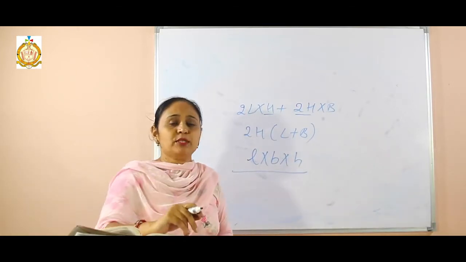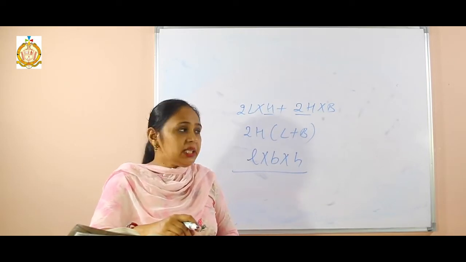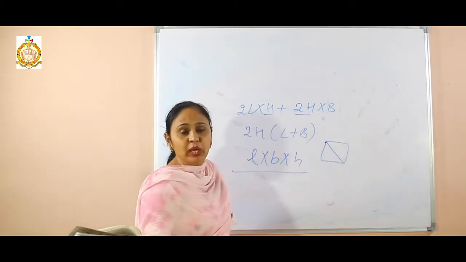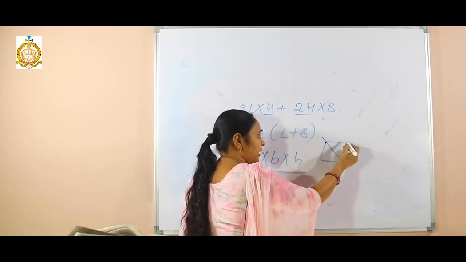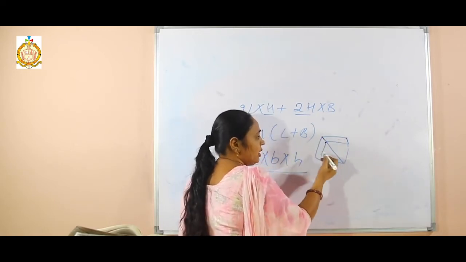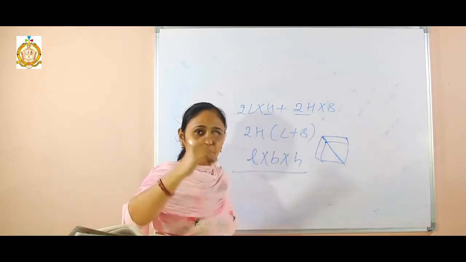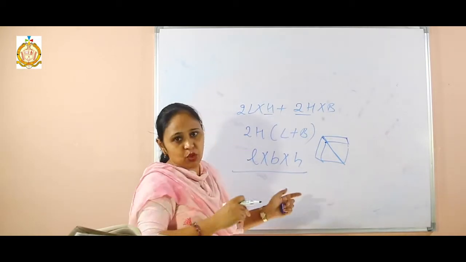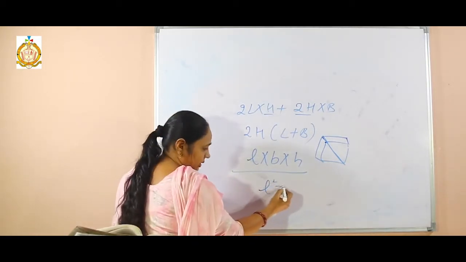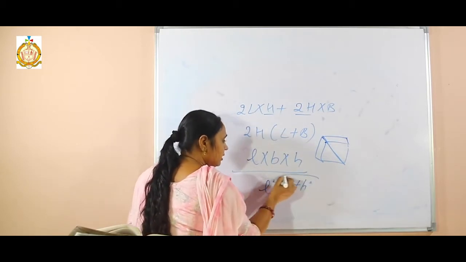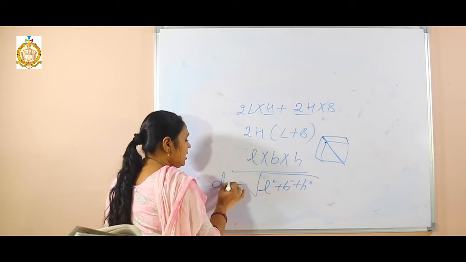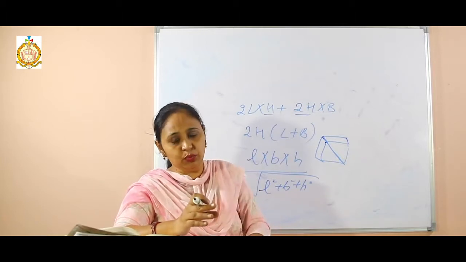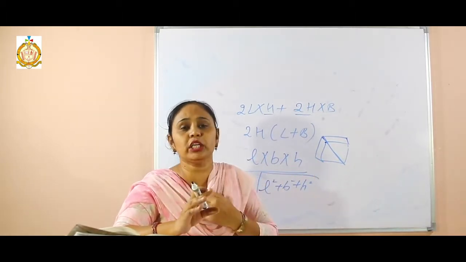length multiply breadth multiply height. Clear? And one more formula is there, that is the length of the diagonal. If there is a 2D shape, like a square or rectangle, we draw it. But when there is a box, a cube or cuboid like this one, then we take the diagonal from one corner of the room to the other lower corner of the room. Its formula: length of the diagonal is the square root of length square plus breadth square plus height square. It is the maximum length of a rod that can be adjusted in a room or in a box.